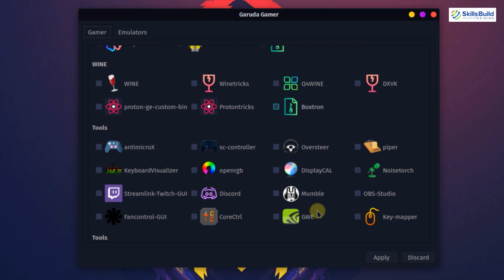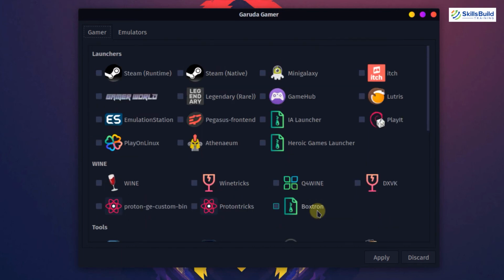But in Garuda Linux distribution, as you can see, they have a whole lot of separated or distributed sections just for gamers. So how cool is that for the gamer to just come here and look for their related information or related software or related tool or related Vine or related environment launcher, just download it, install it and start playing your game. So that is a very big plus point with Garuda Linux distribution, as they have separated the concerns related to gaming for gamers.